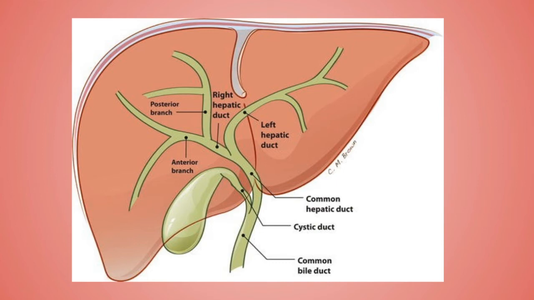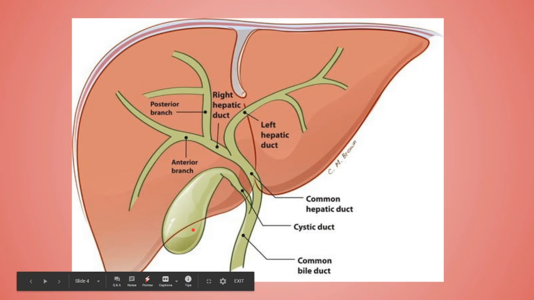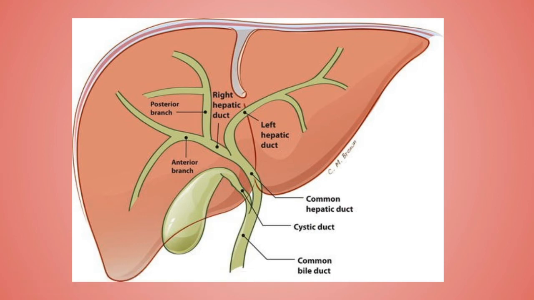But what happens sometimes, because of the inflammation of the gallbladder, or we can say the cholecystitis, is that the bile salt is actually absorbed by the gallbladder, but the cholesterol is not able to be absorbed by the gallbladder. The bile salt has a tendency to precipitate in the absence of the cholesterol. So the bile salt precipitates and forms the stones, and those stones are known as gallstones, or we can say the stones in the gallbladder.